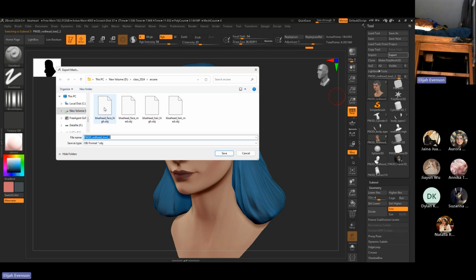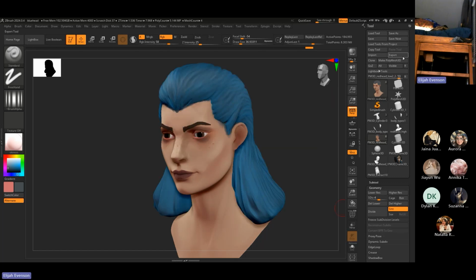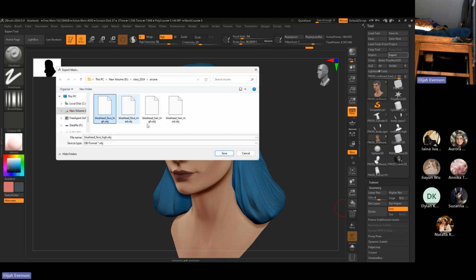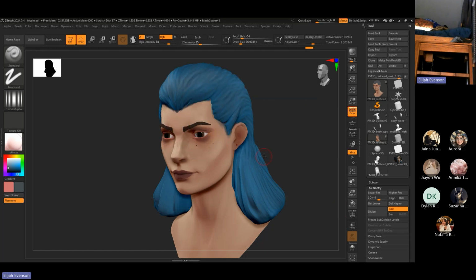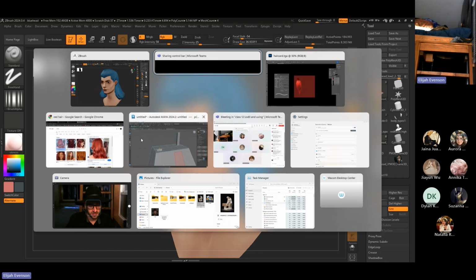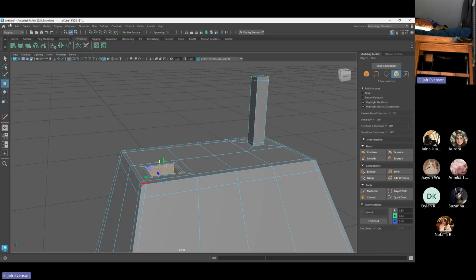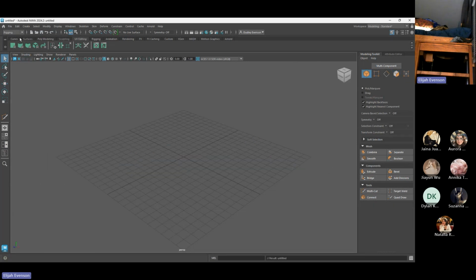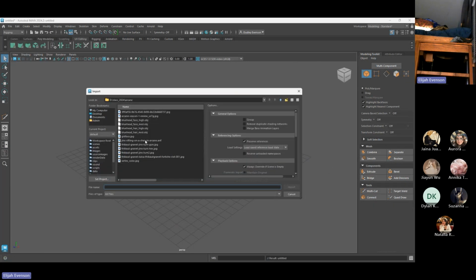Let's export out the hair high. Okay, I don't know, is this the hair? Is it the head or the hair that I've got here? Head. Okay, export out the head high. So I'm not going to bring the high res into Maya, but we will use it to bake in Substance Painter. Okay, so now we come into Maya, I'll make a new scene,